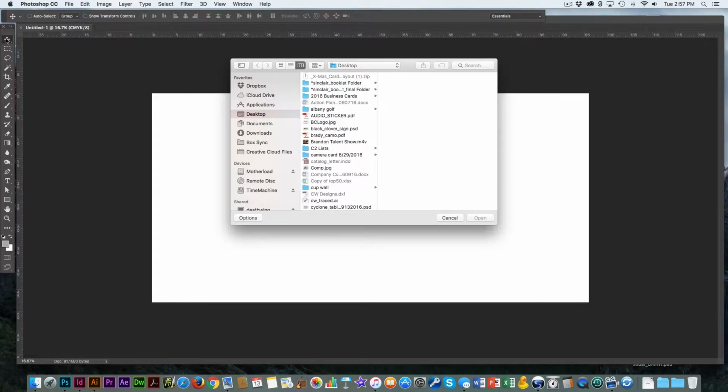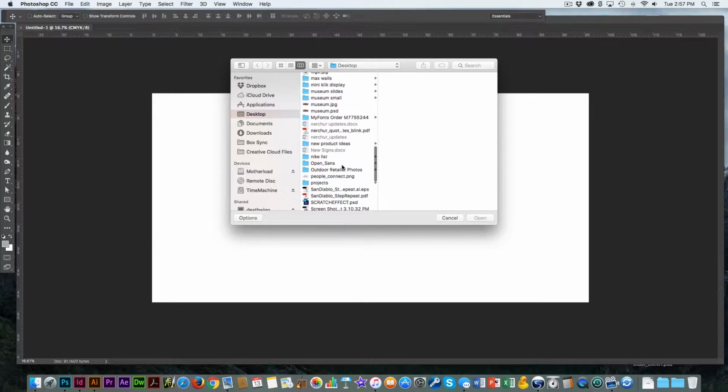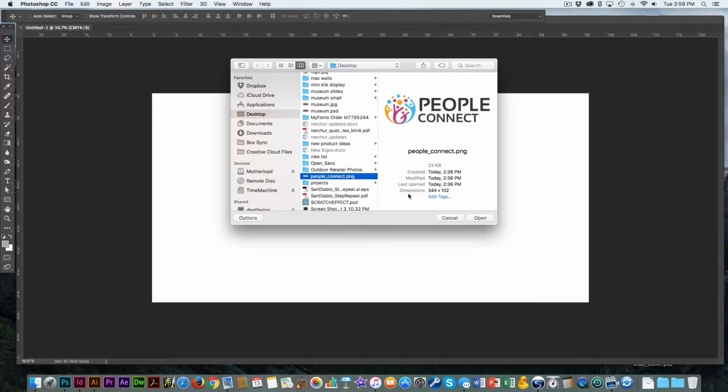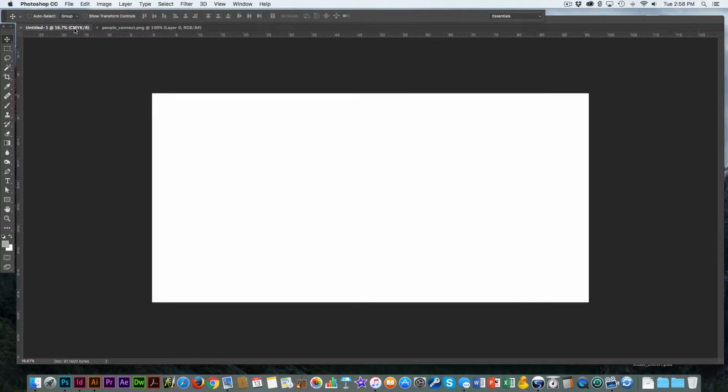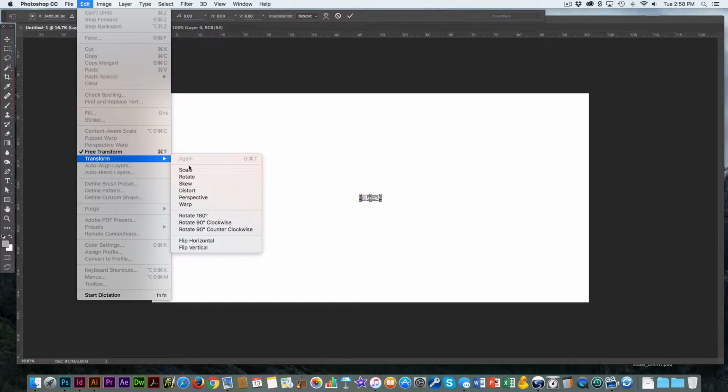So I'm going to show you really quickly why that's not such a great idea and why we generally ask for vector files so that we can get something the right size. So I'm going to copy this file and I'm going to paste it into this 4-foot by 8-foot piece. And you'll notice how big the logo is. It's really small. And so when somebody says, well, gee, that's my logo, I want that to be really big, if I scale that logo up,